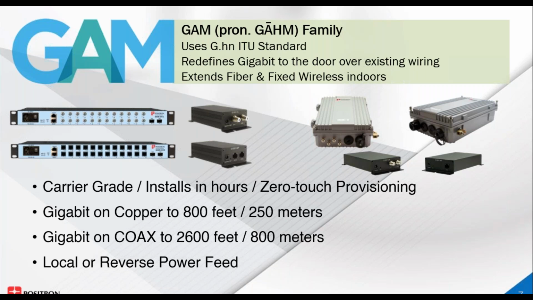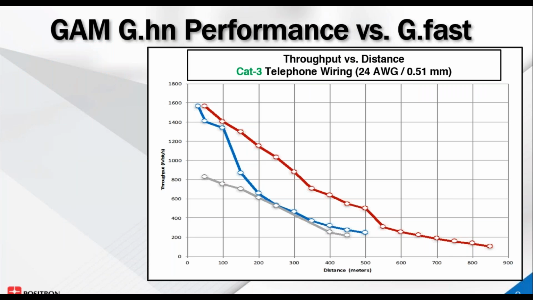And on coax, it's 2,600 feet, half a mile. So it gives a lot of flexibility as to how you deliver services. And although we have reverse power feeding, we also obviously can handle local power where available. So if we look at operation over twisted pair, that's probably the most prevalent medium, the easiest one to leverage